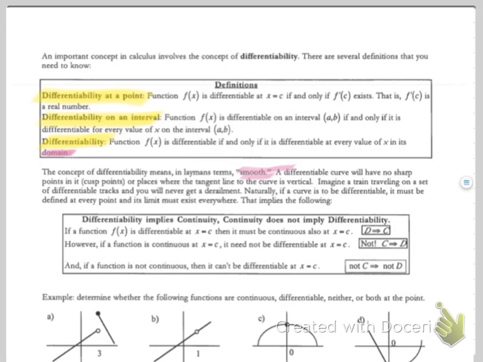Naturally, if a curve is to be differentiable, it must be defined at every point, and its limit must exist everywhere. What does that remind us of? Something that is defined at every point and the limit exists. Doesn't that remind you of continuity? So obviously,